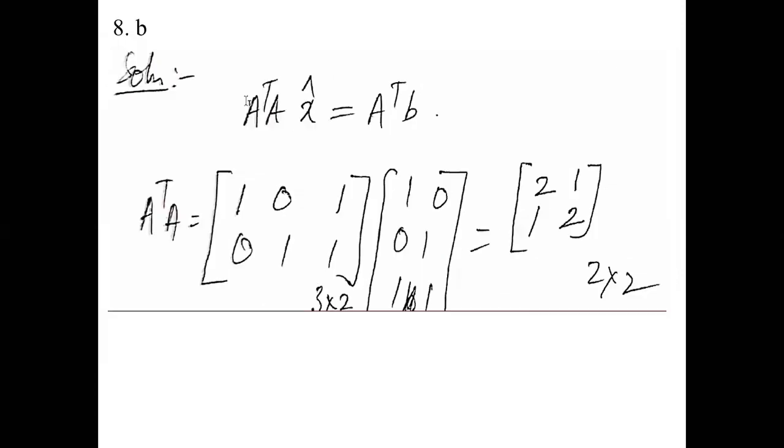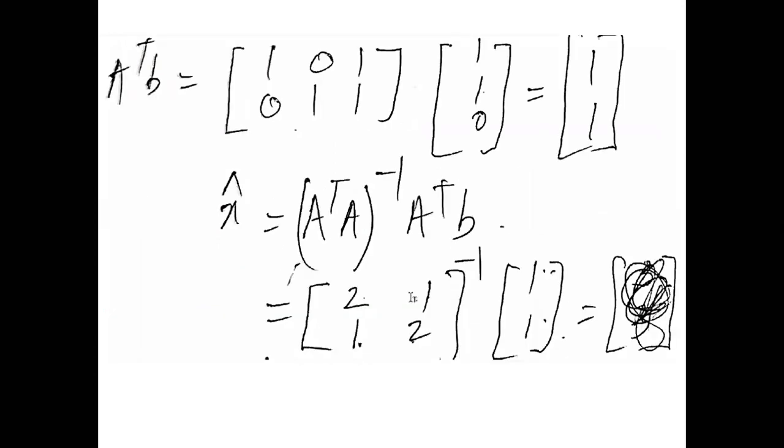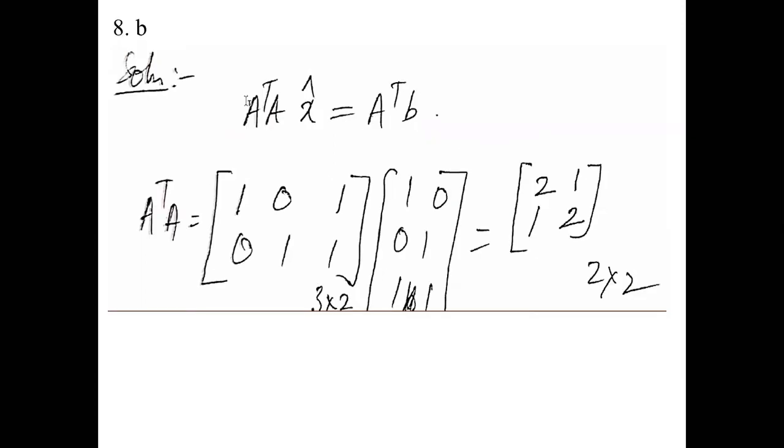The idea here is to keep x bar, the vector x, on the LHS, and on the RHS you will have A transpose B as it is, but you will bring A transpose A from the LHS to the right hand side. Therefore, you will have in brackets A transpose A inverse. Therefore, the equation becomes x bar equal to A transpose A inverse into A transpose B. Right? A transpose B is already calculated. A transpose A is calculated. You can always find its inverse.